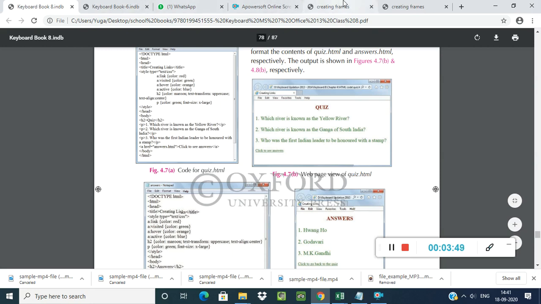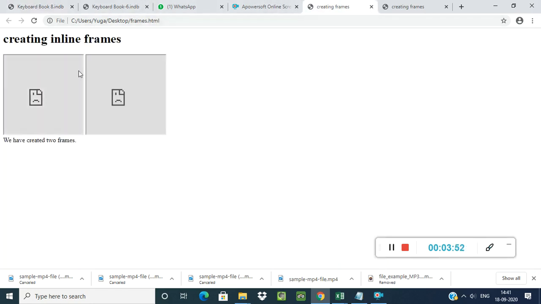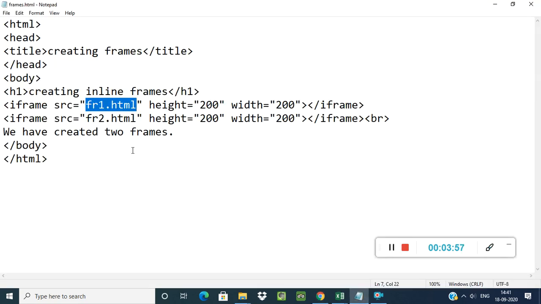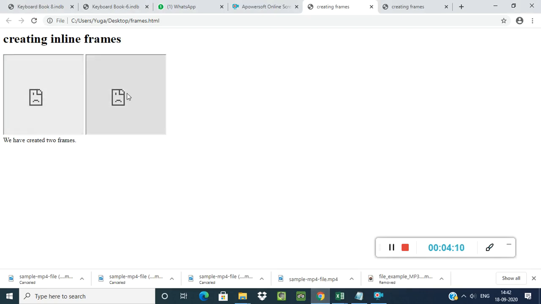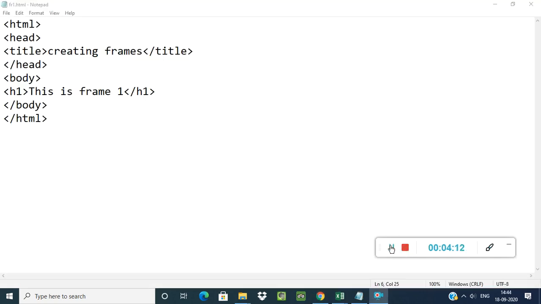So for creating frames also, you need to create two files, frame1.html and frame2.html. Now I will create these two files and show you the data in your frame. I created one HTML document named fr1, that is frame1.html.